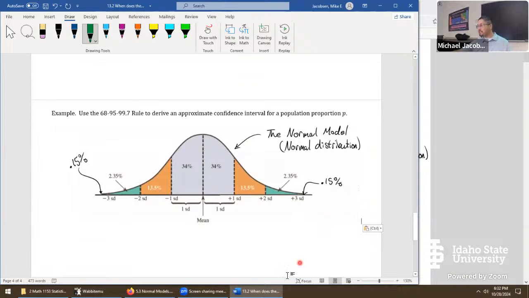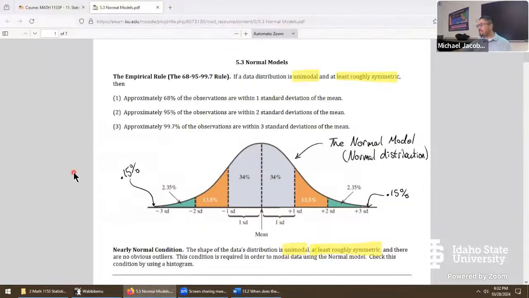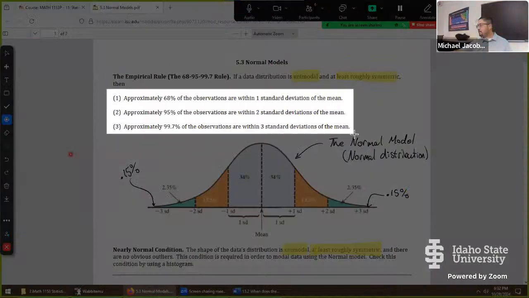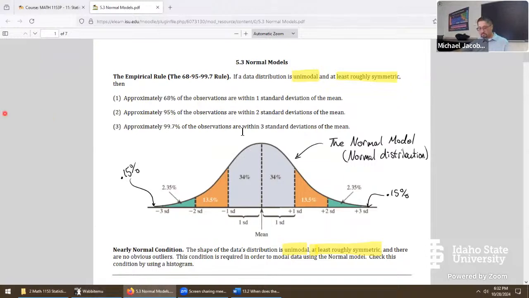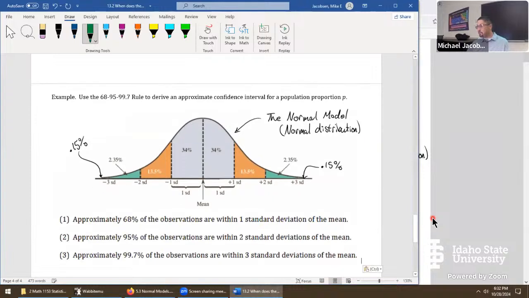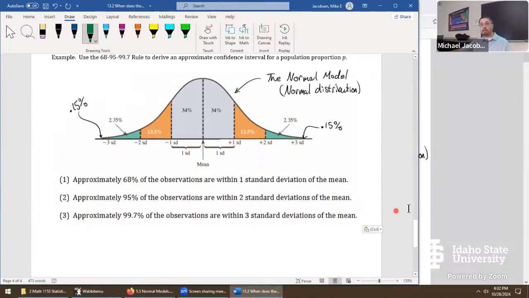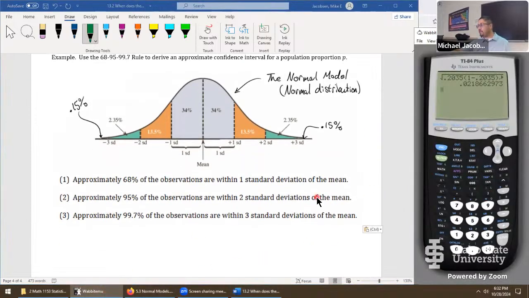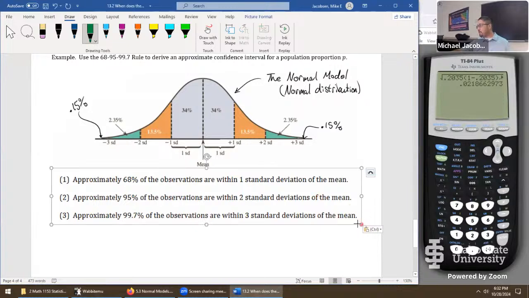The picture's nice, but I think what helps connect the dots as well are these statements right below here. So let's grab them. I'm just gonna, this will work. So here's the 68, 95, 99.7 rule. Here's some statements down below that go along with that rule. Let's make this just a little bit smaller. And